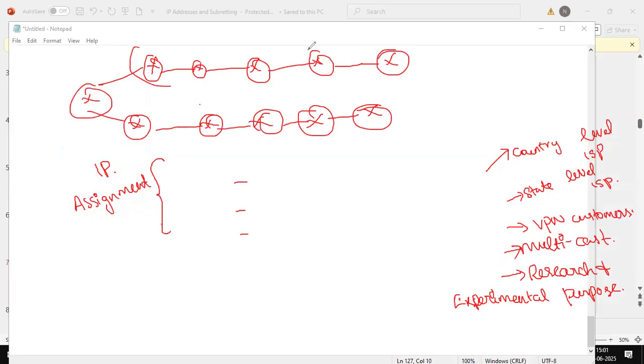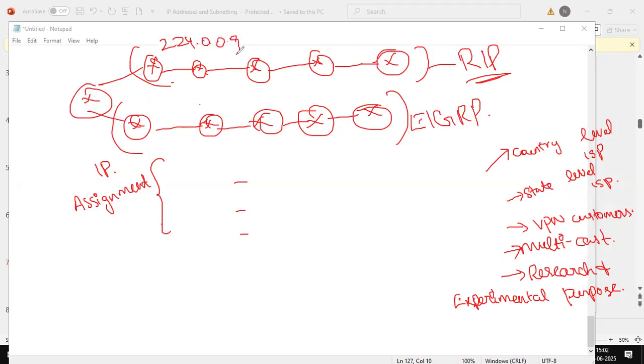So these 5 routers I'm going to assign RIP version protocol, that is routing information protocol. And these 5 routers I'm going to assign EIGRP, enhanced interior gateway routing protocol. So likewise, I'm going to do it. So these 1, 2, 3, 4, 5 routers up the top, they will use multicast address